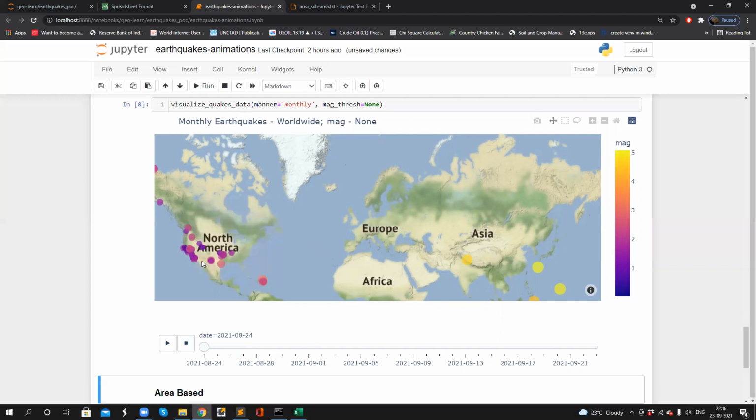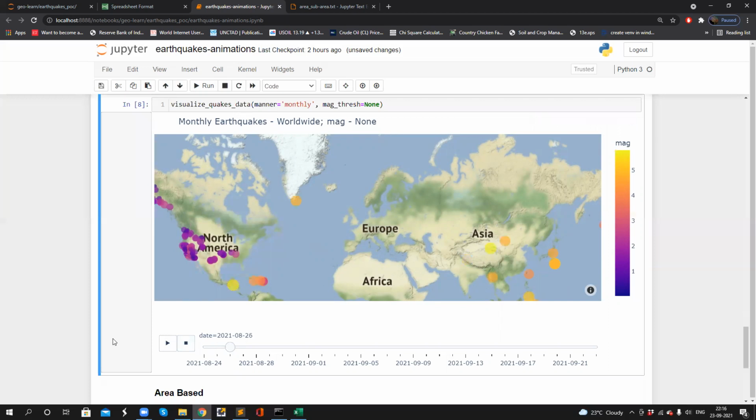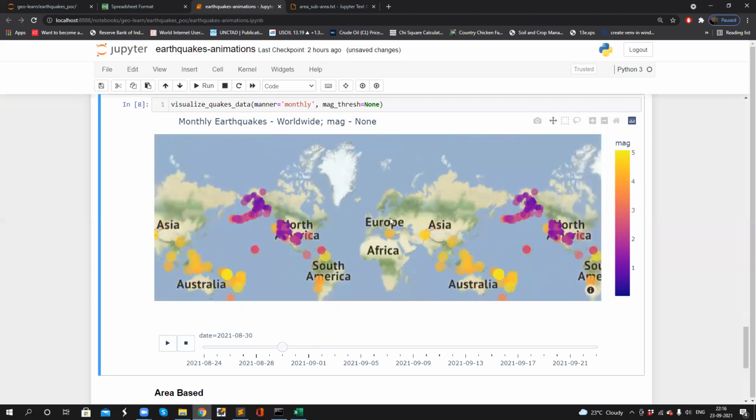You can zoom in, zoom out as usual. The size of the marker is different. It depends on the magnitude value. So this is done for worldwide.